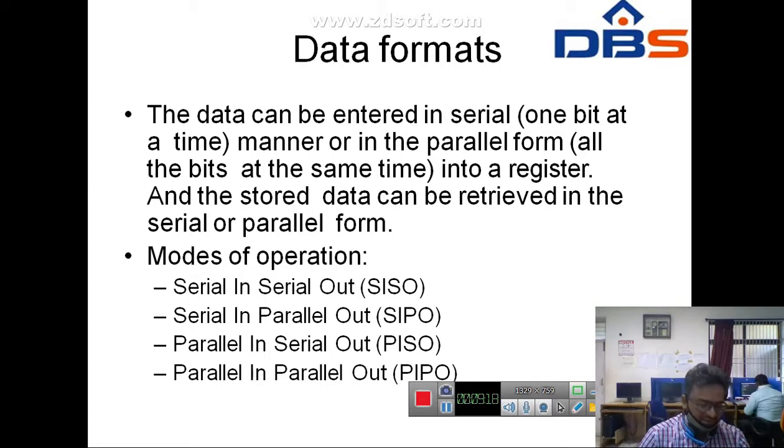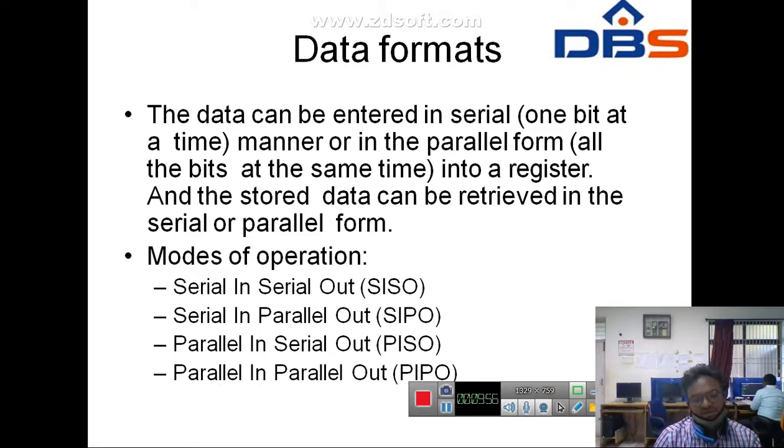Basically, an array of flip-flops required to store binary information is called a register. An n-bit register has a group of n flip-flops, and is capable of storing any binary information containing n bits. In other words, the number of flip-flops required is equal to the number of bits in the binary word.